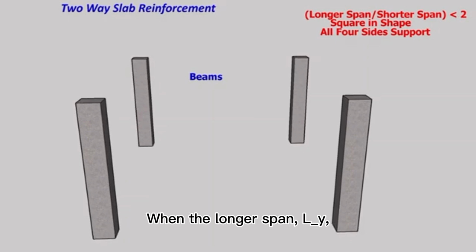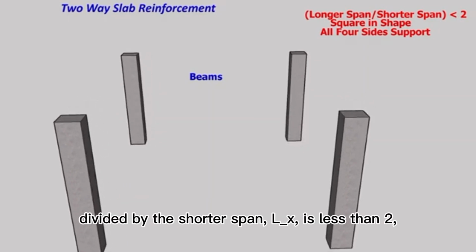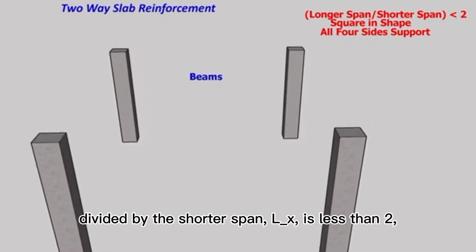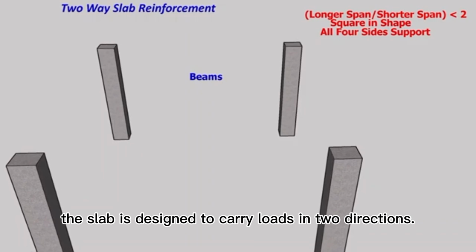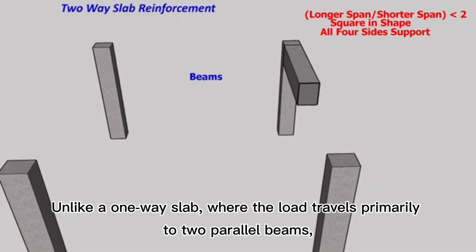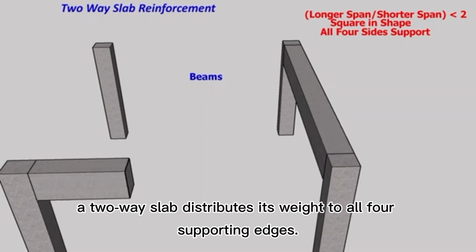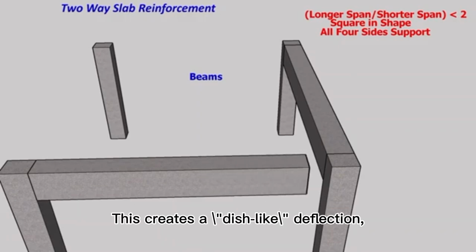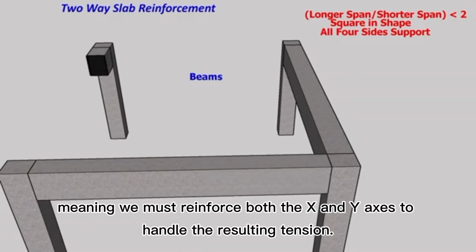When the longer span, Ly, divided by the shorter span, Lx, is less than 2, the slab is designed to carry loads in two directions. Unlike a one-way slab, where the load travels primarily to two parallel beams, a two-way slab distributes its weight to all four supporting edges. This creates a dish-like deflection, meaning we must reinforce both the x and y axes to